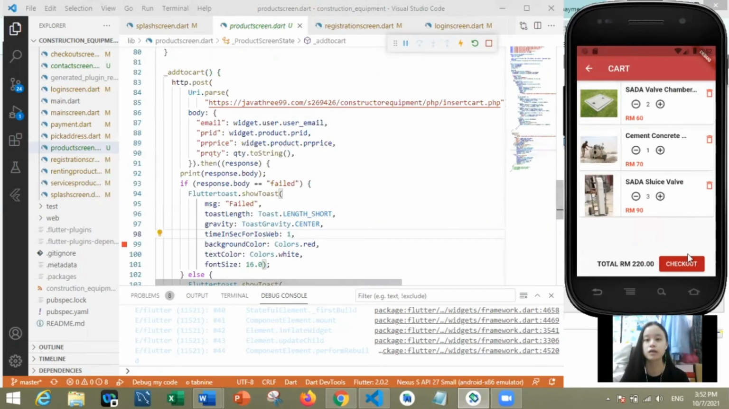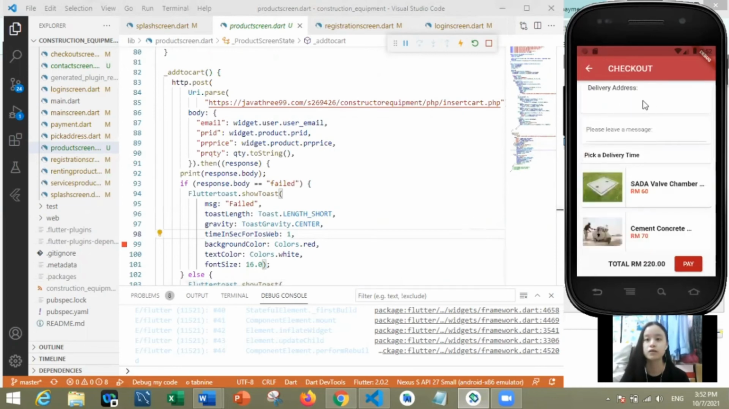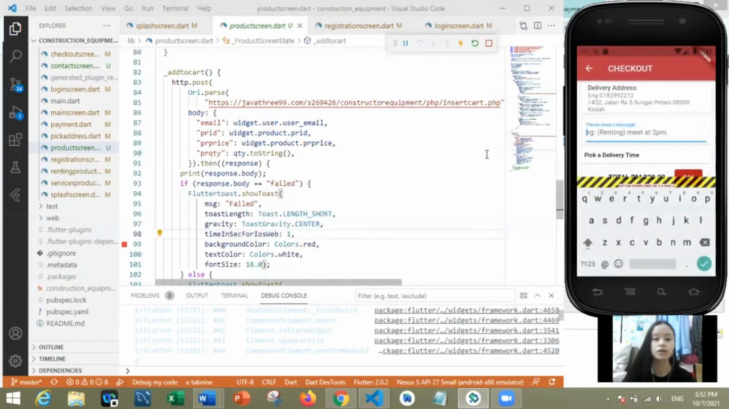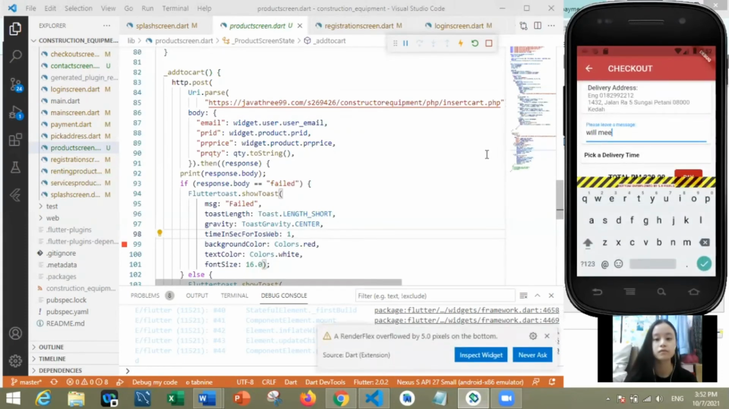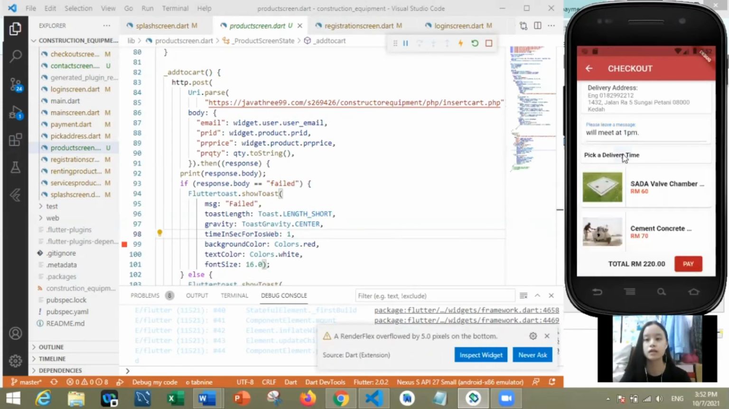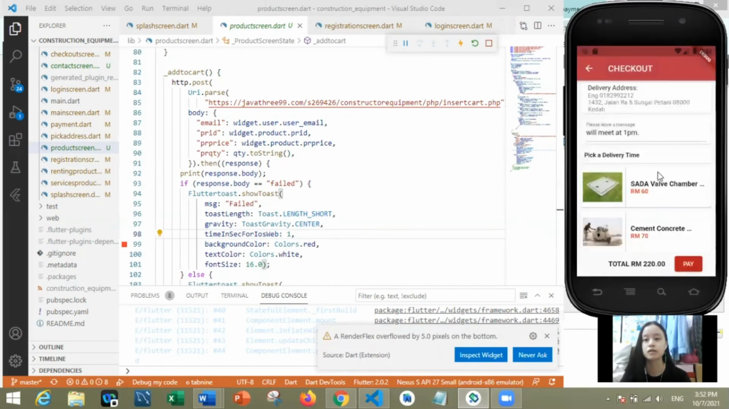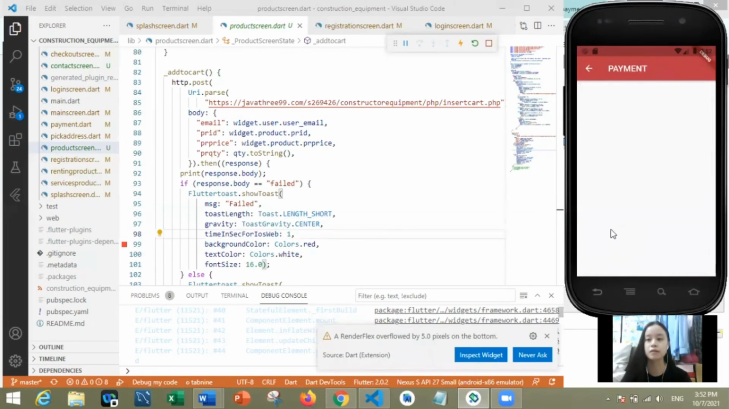And when they click the checkout button, the user can choose their address here and leave a message, for example, maybe 1 p.m. And then they can pick a delivery time also. And then down here is the list of their items in their cart. And then down here is the total payment again. And when the user clicks the pay button,